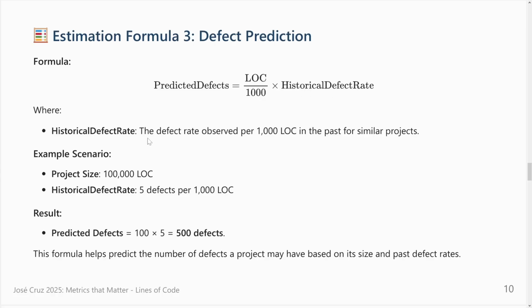It's the same concept. So the defect rate observed per 1,000 lines of code in the past for similar projects. That's the way to see this. So I have a project with 100,000 lines with 5 defects per 1,000 lines. So I expect to have 500 defects. And usually this is not as strange